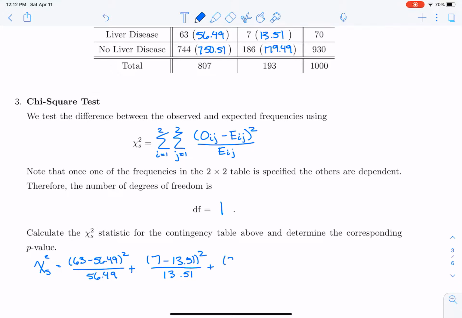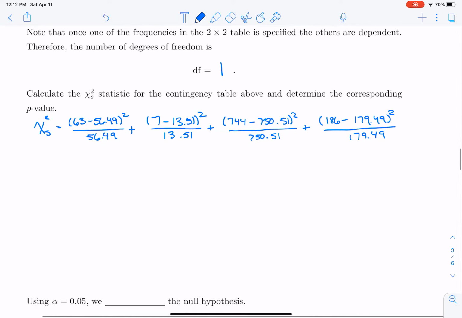We have 744 minus 750.51 squared over 750.51. And then finally, we have 186 minus 179.49 squared over 179.49. Now, what does that mean? Well, the chi-square, if we add all those up, that's going to be